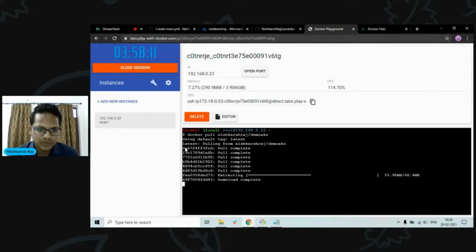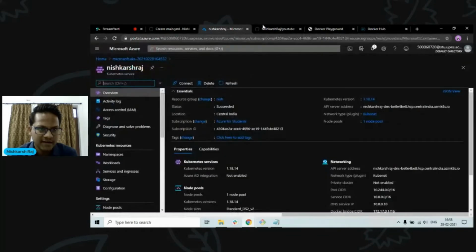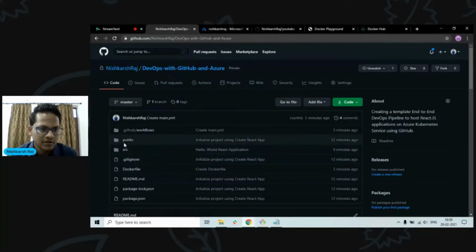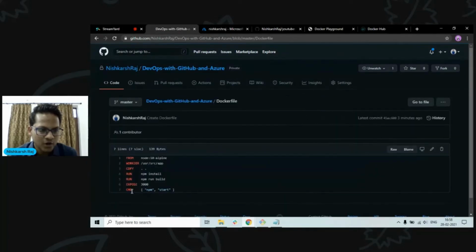As you can see, it is pulling multiple layers. A quick tip here is that the number of layers is always equal to the number of lines you have written in the Dockerfile. Docker is basically a layered system. The base layer is the base image that you have created, and on top of it, whatever commands you fire, it creates a new layer.